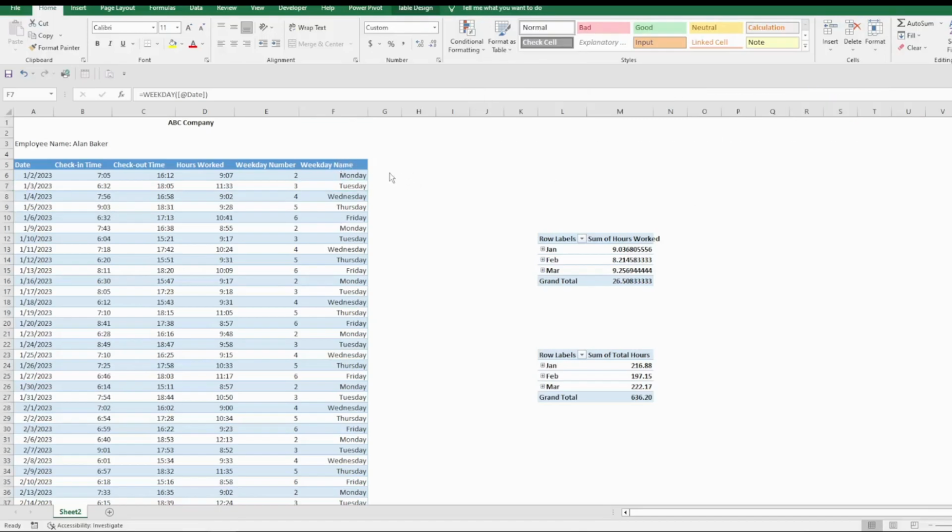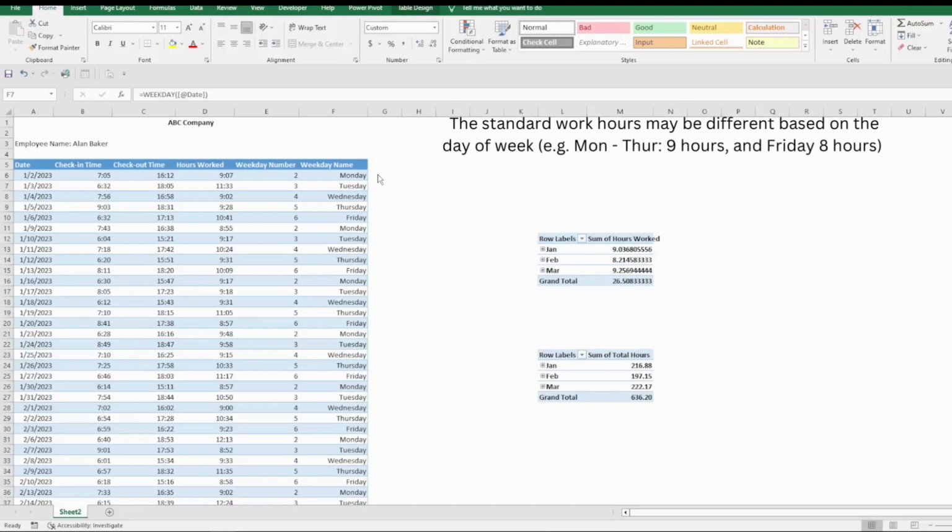So if we want to estimate the overtime worked by the employee, you may have to consider that the standard hours worked for each weekday may be different. For example, from Monday to Thursday, the employees may have to work 9 hours, and because Friday is, for many companies, a casual Friday, they ask their employees to work 8 or fewer hours. So the standard hours worked are on this column.